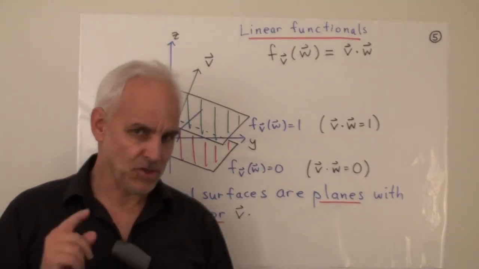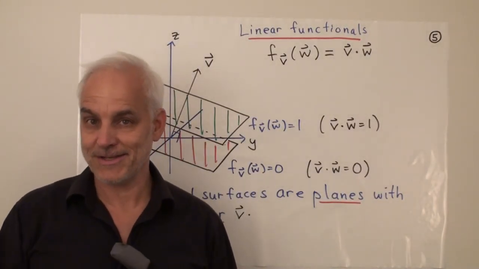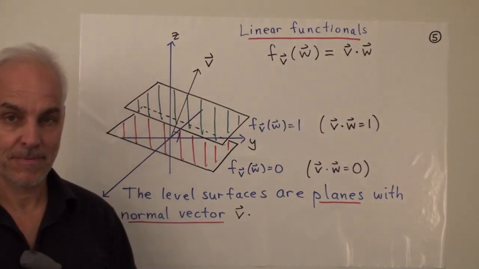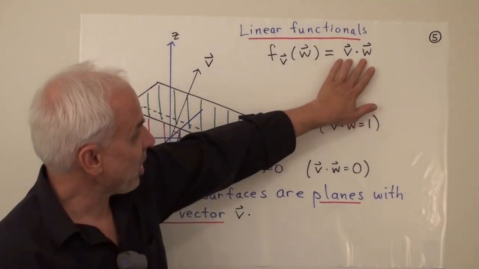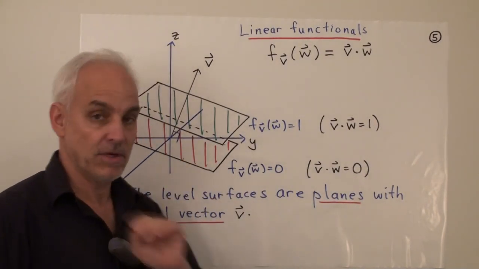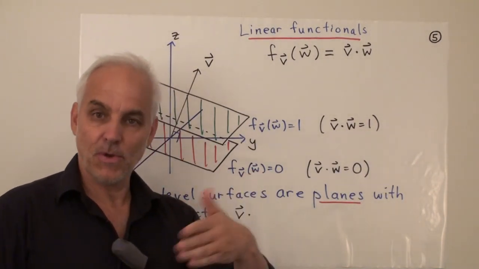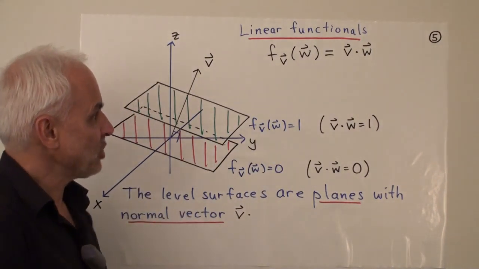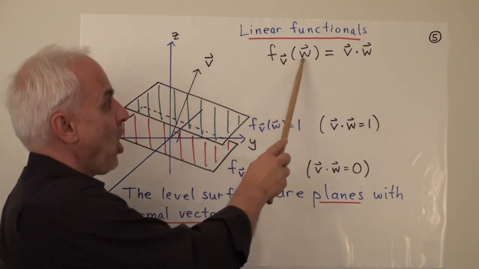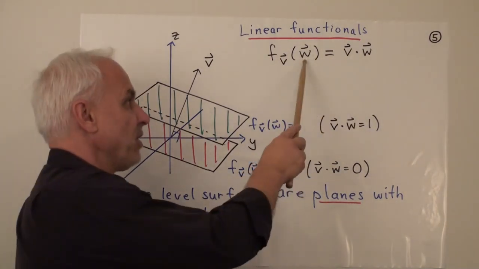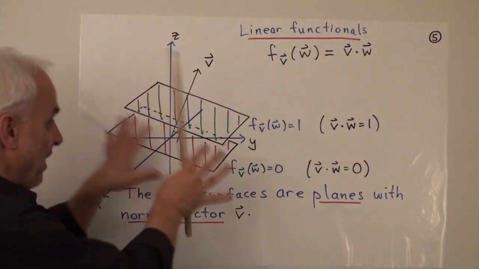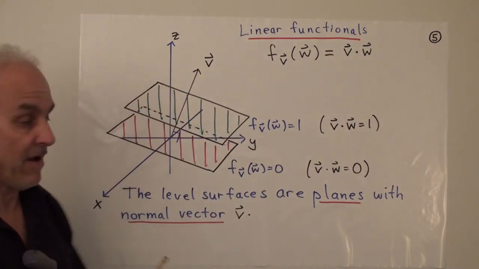Now, what else did we do with the dot product in the two-dimensional case? Well, one thing that we did is we defined the idea of a linear functional. And that was really just having a look at this dot product v dot w and imagining that one of the vectors, say v, was fixed and the other vector w was sort of variable. So we could then say that this is a functional f sub v of w. So it's something that inputs the vector w and outputs a number. So it's a function, we can think of it as a function that's defined on our vector or linear space.